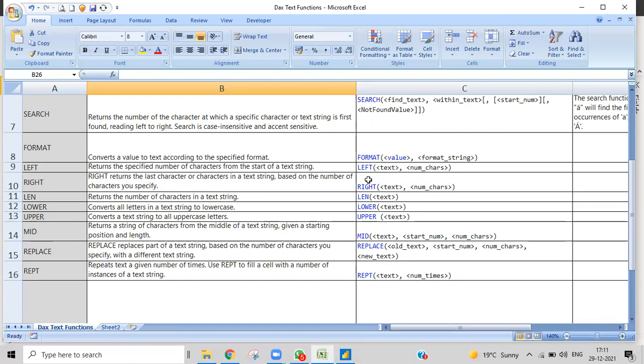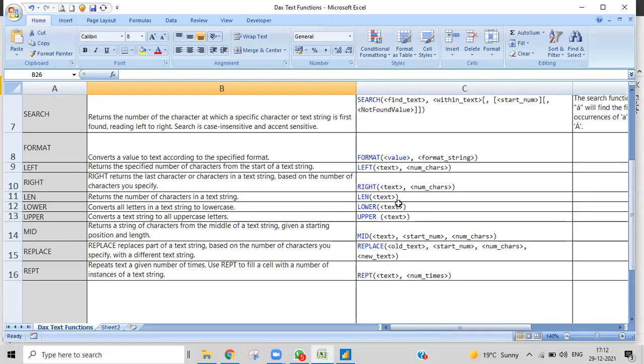Before that, we have left. Whenever we give a text and a number of characters that we want, it will start counting from the left side of the text, and give you that many characters. Let us suppose I have given a text and then I gave 3, then from the left, the first 3 characters will be shown in the output.